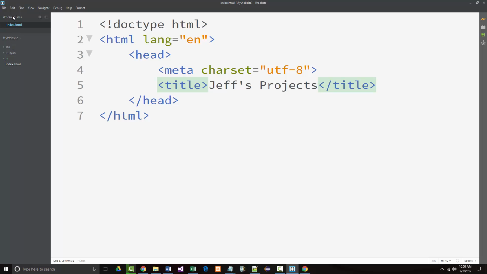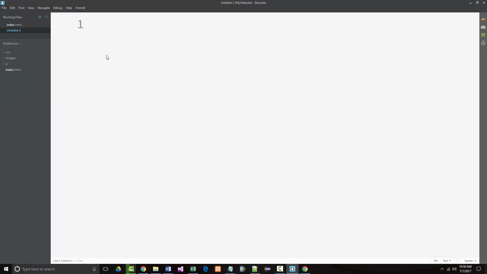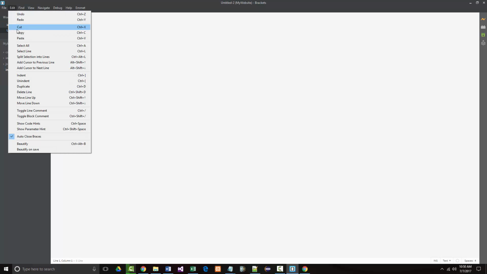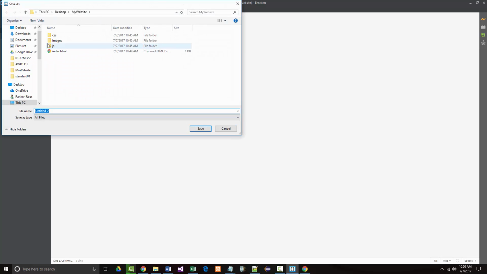Now let's create another file in here. So let's do another file, new, and we're going to immediately save this again. So file, and we're going to do a save as. This one we want to save into our CSS folder, and we want to call it